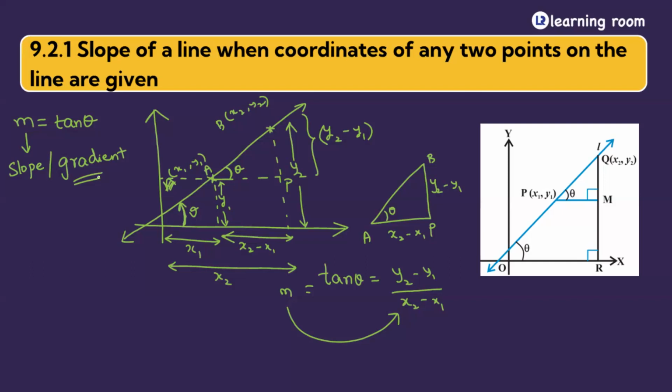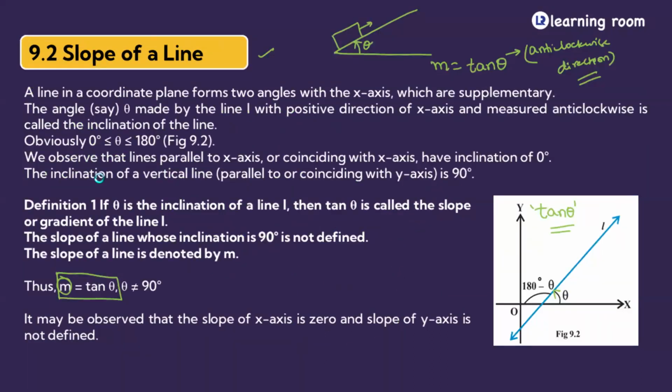Is that clear? So I hope I'm clear with this, right? So what you need to do is I'll tell you what you're supposed to copy. Don't copy this whole story. Write down the heading as slope of a line, and write down the one line definition of it, which I told you. What is the definition I told you? Can someone repeat it, please? Tangent of the angle. So what is slope of a line? Please write it down. I'll dictate. Tangent means in bracket, write it as tan. Yeah, tangent of an angle